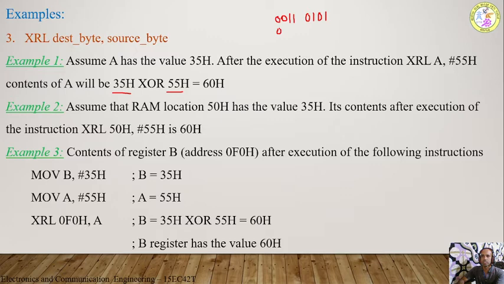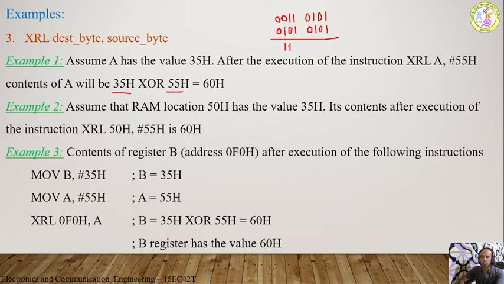Similarly, we have the second data, that is 55, that is 0 1 0 1, again 5, 0 1 0 1. Now do the XOR operation. What is the XOR operation? The output of the XOR gate is 1 when the inputs are different. If the inputs are the same, then the output will be equal to 0. Now we check where the inputs are different. Now these two are the same, whereas in the second case these two are different. Therefore this becomes 1. Again the inputs are different here, so this is 1, whereas these inputs are the same.